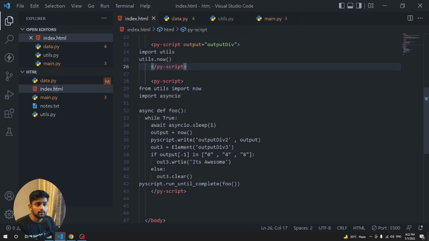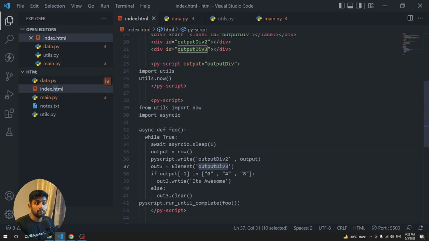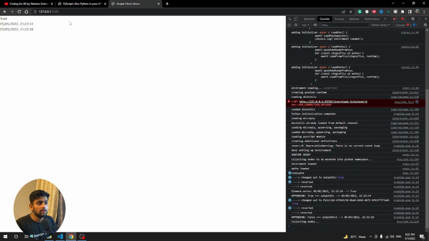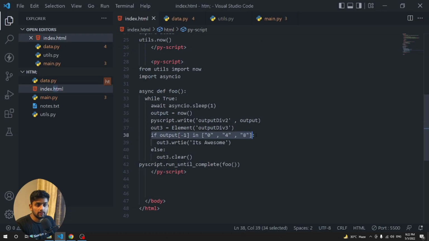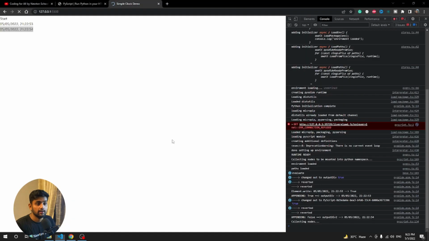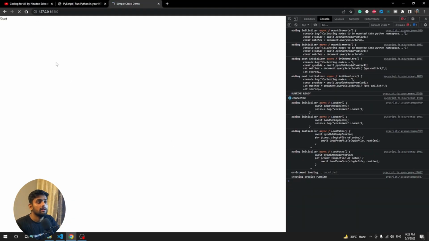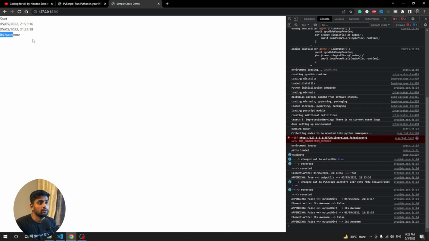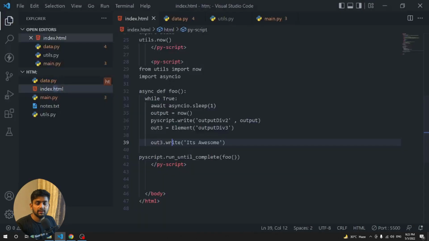Okay, why is this one not working? Output div 3, you have grabbed it. If the output's index -1 is in 0, 4 or 8, out3, it's awesome. Otherwise, okay, we can do this thing. So that's the reason why it's not printing. So now it's awesome. And you can see we have a small clock